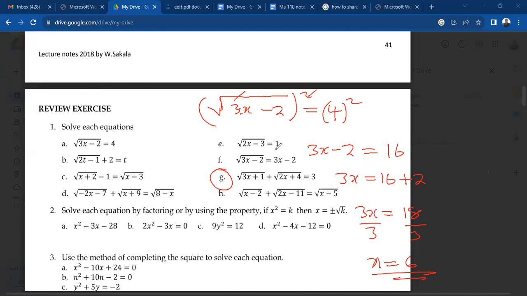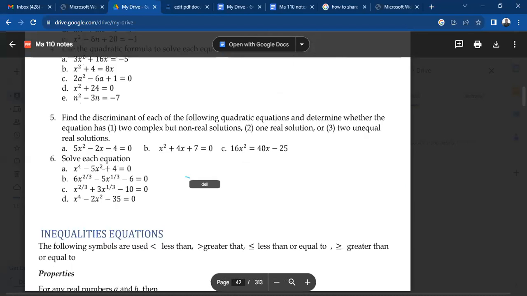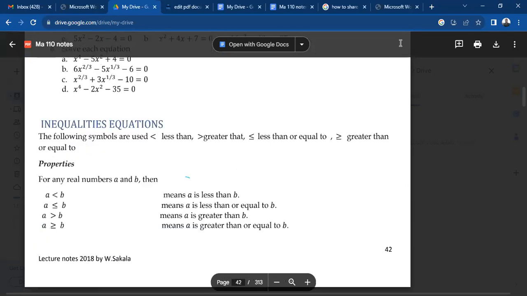Okay, let's progress. Inequalities. I think that's the agenda for this evening. So, for those of you who don't know inequalities,